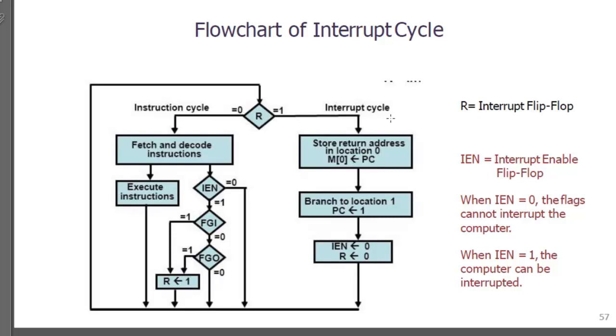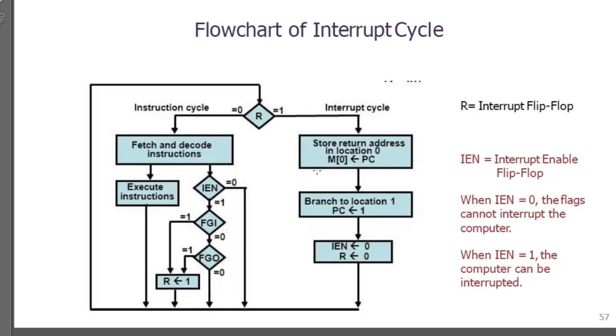Okay. So when the interrupt cycle works, what happens? Whatever instruction the computer is currently executing, it stores that address into some memory location where it can be found later on. This location may be a processor register or a memory stack. Here we choose a memory location at address 0 as the place for storing the return address. Return address is the address of that instruction where the execution was interrupted after getting the program interrupt.